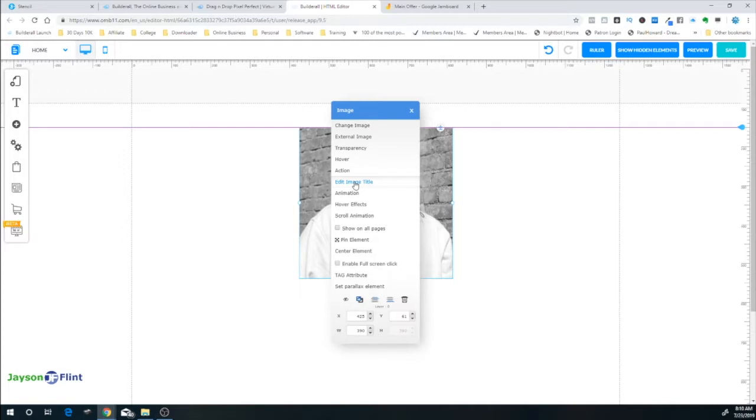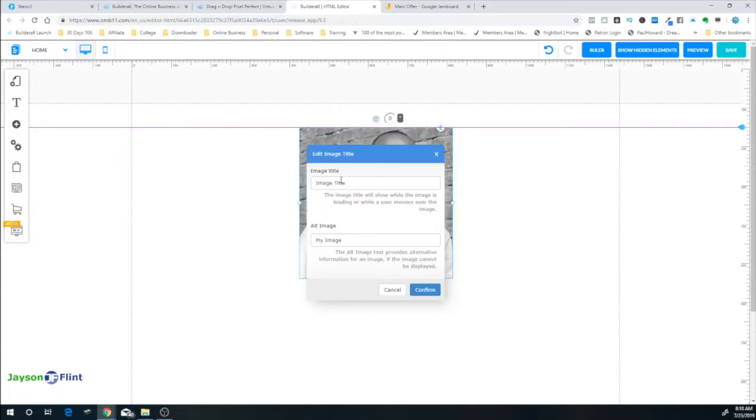So I don't want to skip over this. I want to go ahead and let you know you would put your information in here for this image title. The image title will show while the image is loading or while a user moves over the image. So I'll just say